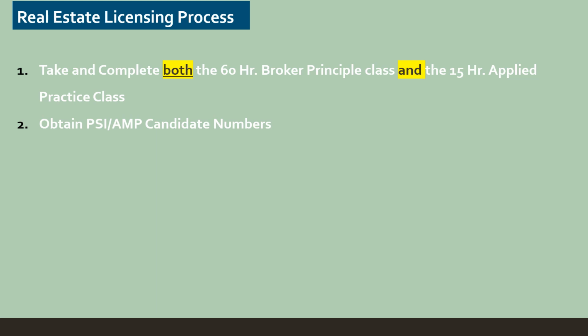But I and the college will need that candidate number so that we can bank with the PSI people, the group that gives the Illinois state exam, the fact that you've taken and passed both of these particular courses here. So we need that number, sort of your ID number, if you will. We'll need that number from you. So if you don't have a candidate number, I'll show you exactly how to get it, but it's an important step.